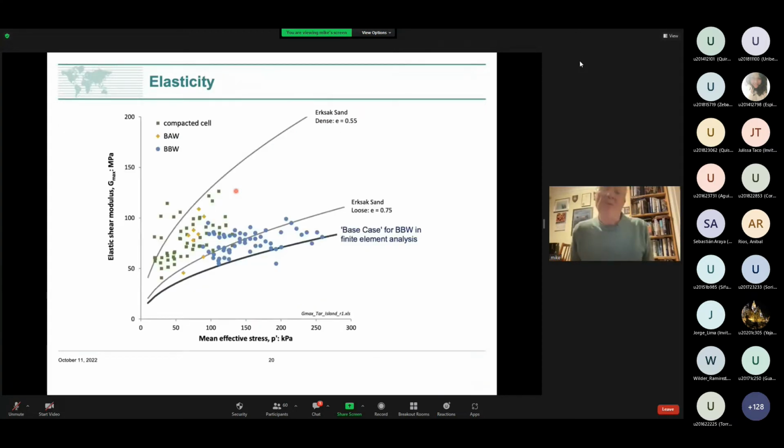I haven't talked to you about elasticity, but we actually have to include elastic stiffness in what we do. And over the last 20 years, or perhaps the last 10 years, there's been a lot of seismic cone testing to pick up Gmax. What I'm plotting here are the results of Gmax from a particular campaign of seismic cone work on Tower Islands. This is actually at a higher part of the site we're looking at. And we have really three types of